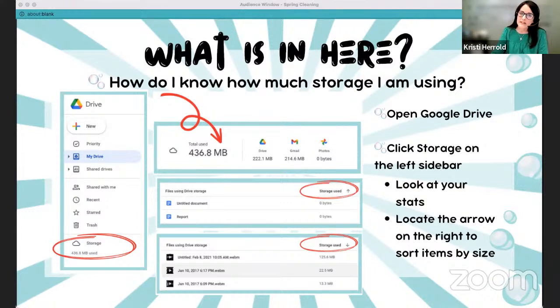And then we're going to talk about flipping this arrow right here, which is by date, upwards and backwards. How do you say that, Misty? Newest and oldest? I'll say it that way. But on the storage part of it, it's going to sort by size. So what uses the most storage versus what uses the least storage. And when we flip those back and forth, we can kind of see what's taking up the most storage in your drive. So I'm going to do a share,